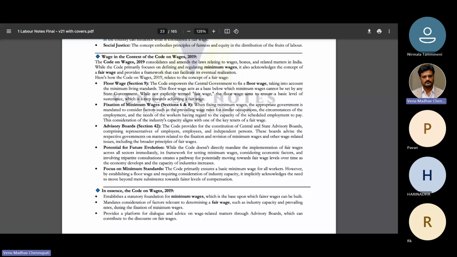When fixing minimum wages, the appropriate government is mandated to consider factors such as prevailing wage rates for similar occupations, the circumstances of the employment and the needs of workers, having regard to the capacity of the scheduled employment to pay. This consideration of industry capacity aligns with one of the key tenets of fair wage. So what they're saying is, when they're trying to fix the minimum wages, they are seeing whether the prevalent